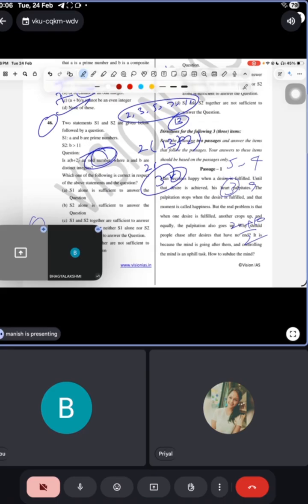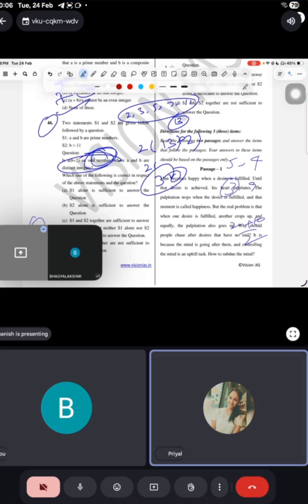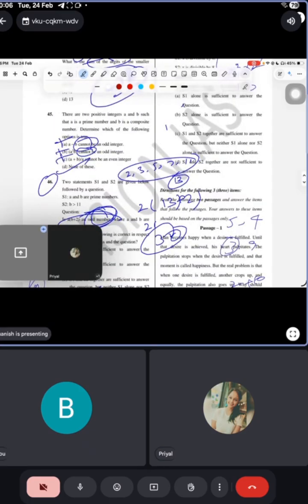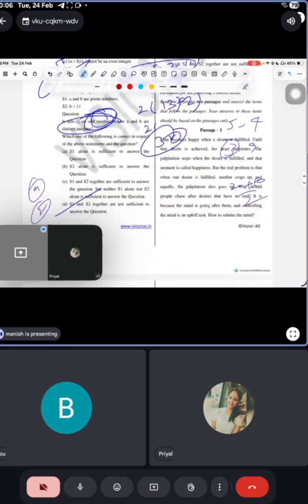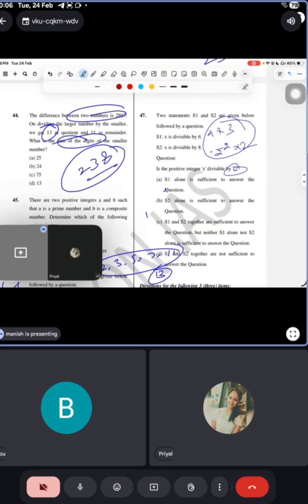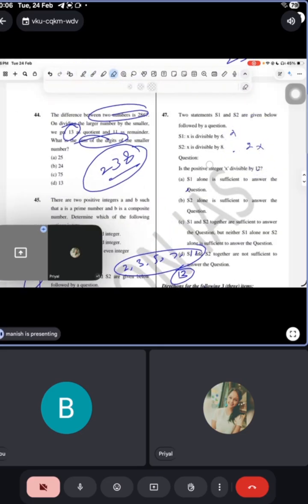It means here I have to prove this statement wrong, because they are saying it is an odd number, so it should be odd in all the cases. All the cases, guys. In the earlier question, it was 'can be', so only one condition I needed to prove. But here all the conditions should be satisfied, guys. This is the catch. Understand the logic first, otherwise the question will be very difficult. Read this question, Priyal.